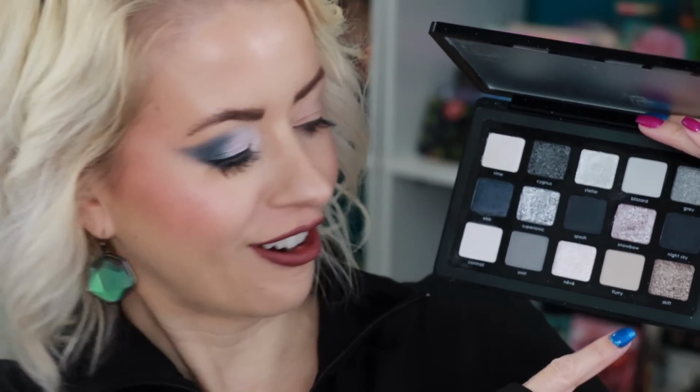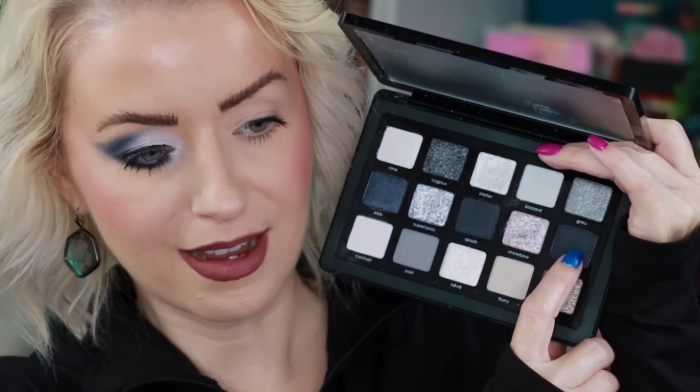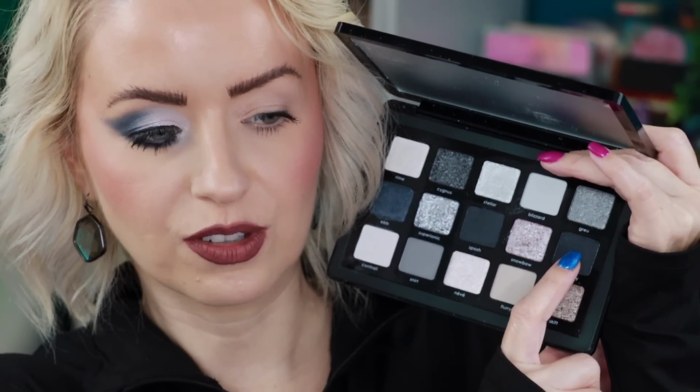Oops, what happened over there? So I think I'm going to start with this shade first, which is Flurry. And then I'm going to work into Night Sky. Actually, no. I'm going to put Night Sky down all over the lid. And then I'll use Flurry to blend out the edges. And then I'm going to put